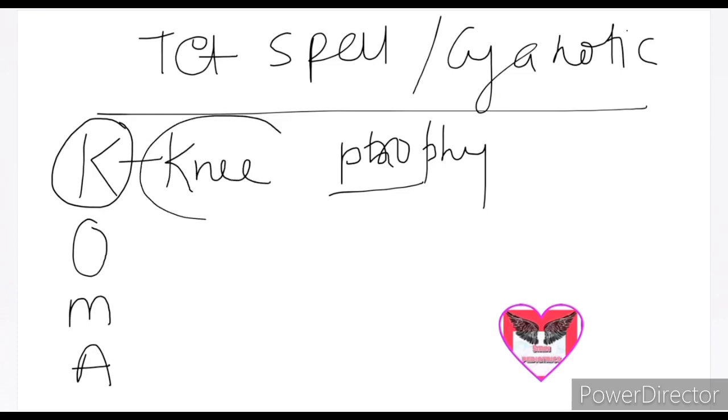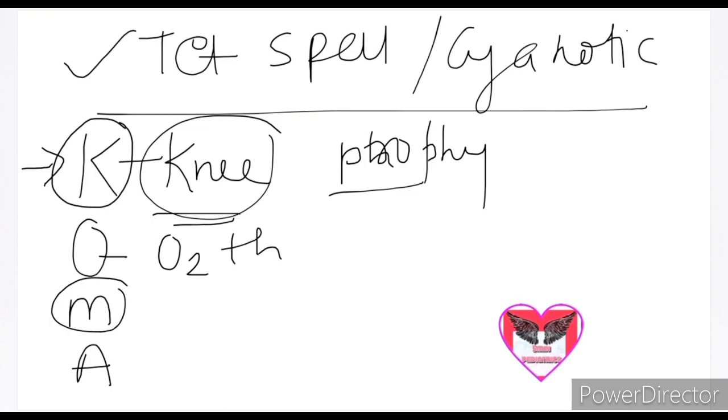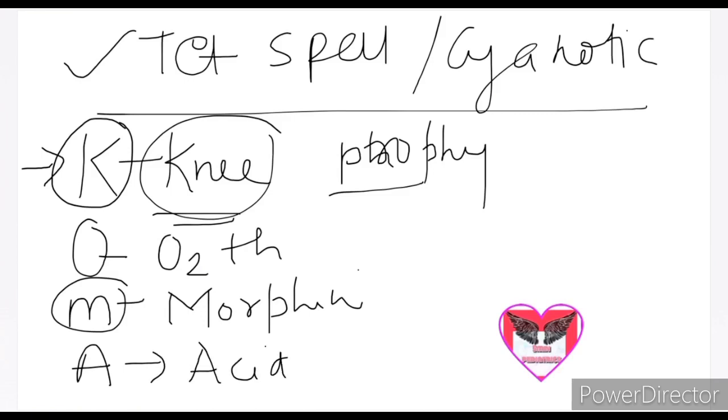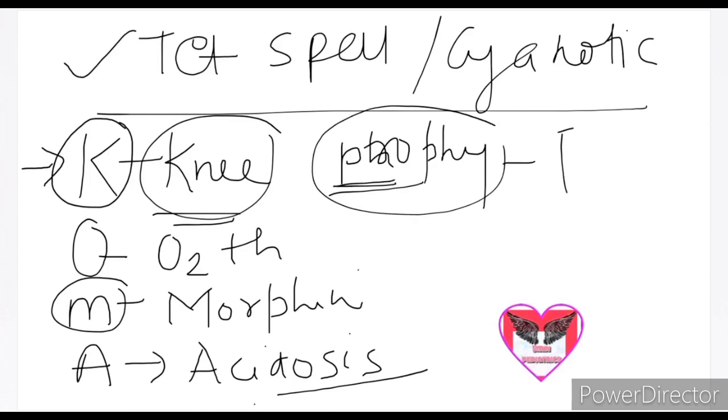So, more commonly asked, what should we do if the baby has a Tet spell? The first step, knee chest position. Next step we have to give oxygen therapy. Next we have to sedate the child with morphine or ketamine. Next correct the acidosis, give bicarbonate quickly. Despite all this, give P, here we have propranolol.